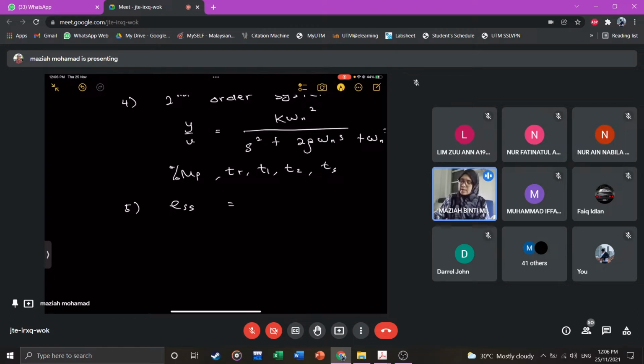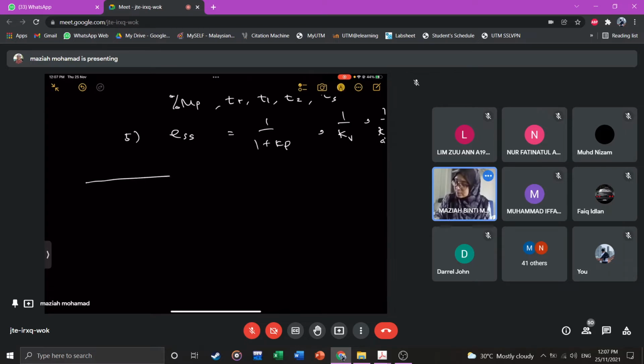We have steady state error 1 over 1 plus Kp, or 1 over Kv, or 1 over Ka, that depends on the type of different input. And then you also learn about the open loop transfer function, the class of the open loop transfer function. So to summarize what you have learned,